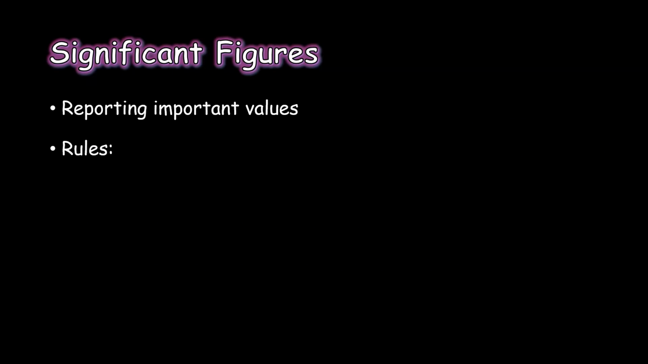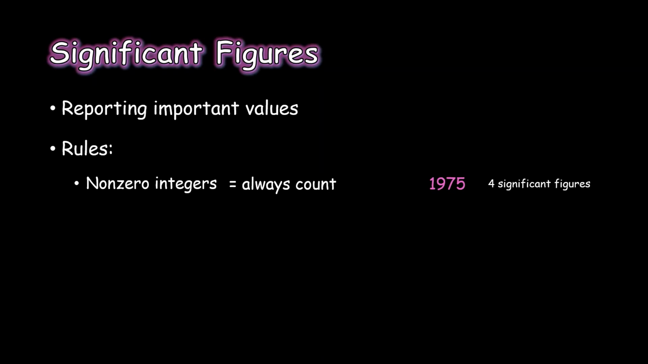So as far as significant figures go, they're important because we live in the real world and not in a theoretical one. So we need to report only the important values, or the significant ones. And there are 5 rules when determining significant figures. So we can consider non-zero numbers to always count as significant figures. And these are going to be your numbers or your values that are 1 through 9. So 1, 2, 3, 4, 5, 6, 7, 8, 9. So for example, we have 1975, and this has 4 significant figures because 1, 9, 7, and 5 are non-zero